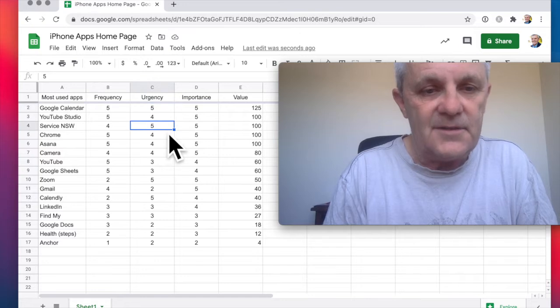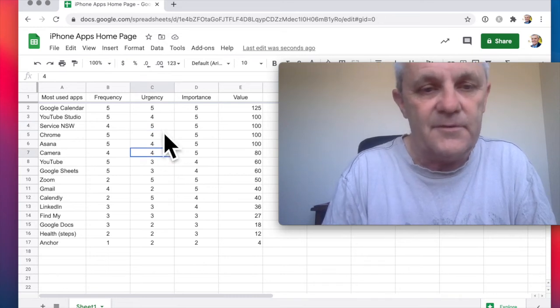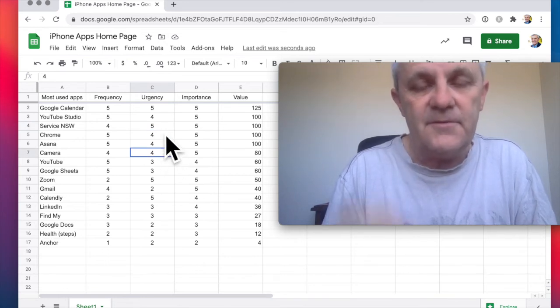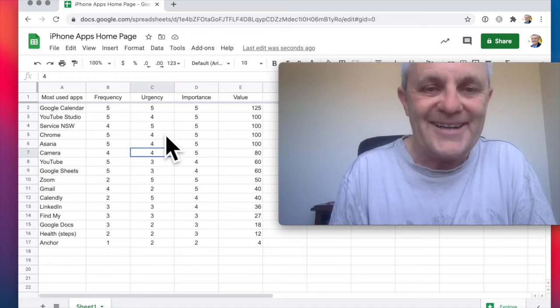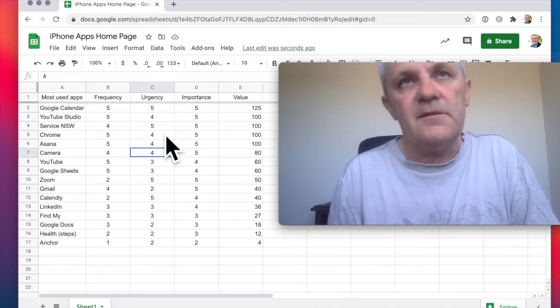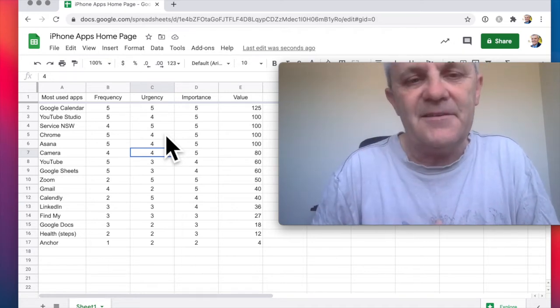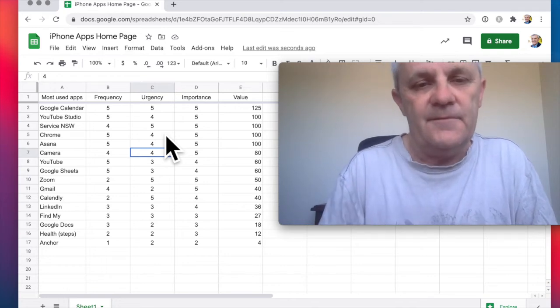So that's why the Service New South Wales one scores high in terms of urgency, and the camera as well. The two of them score fairly high in terms of how fast I want to be able to access this. Whereas something like a social media thing, it's not going to be an urgent one.